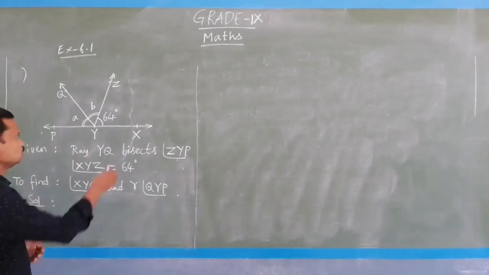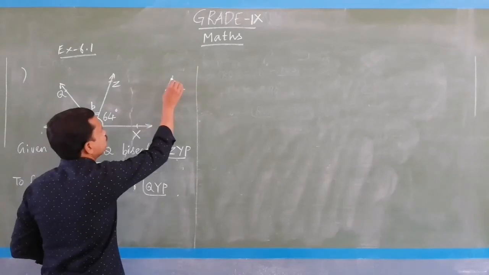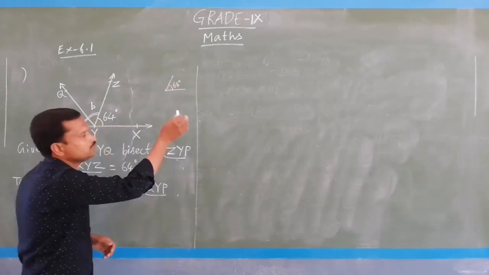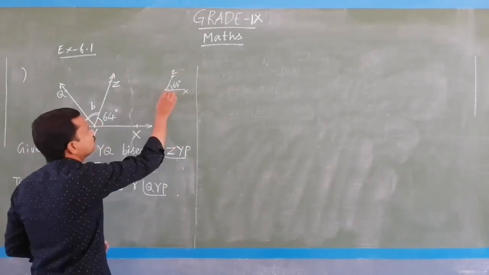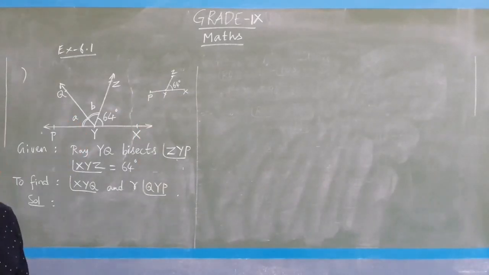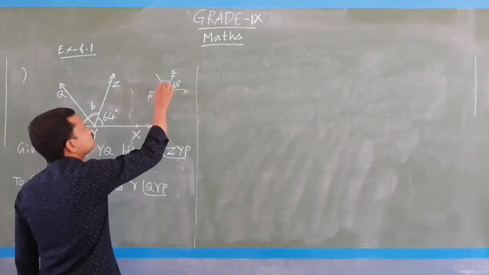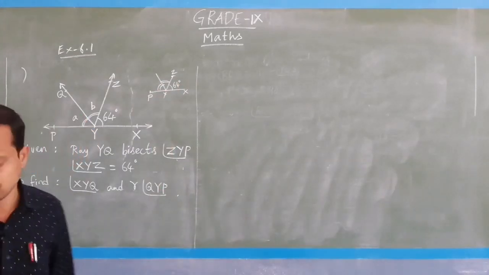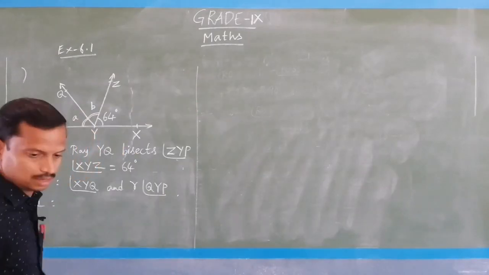First of all, for example, I am just doing here, this is XYZ 64 degree, that is less than 90. So you can draw like this, and you keep this as X and this as Z, and then you have to produce this up to P. Okay. And then what happened? Draw a figure from the given information. If ray YQ bisects ZYP, so this is ZYP and you have to draw a ray, then these two angles should be equal. So like that they have given. Okay. So you have to draw accordingly, and you see what is given there.